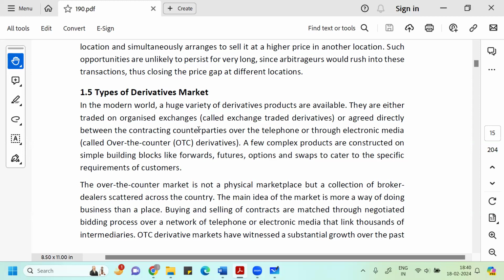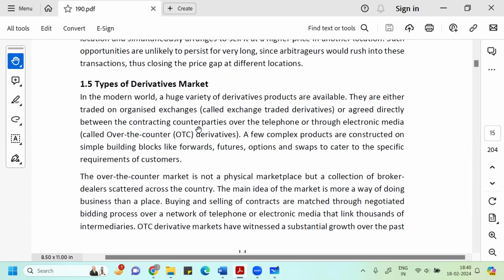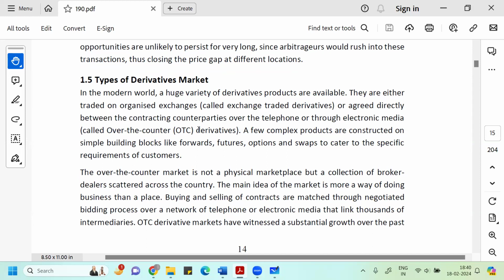Suppose I'm talking about the OTC market. The over-the-counter market is not a physical marketplace, but a collection of broker-dealers scattered throughout the country. A description of the OTC market is given here: OTC is basically a web-enabled integrated market of different dealers who are connected with each other through phones or any other